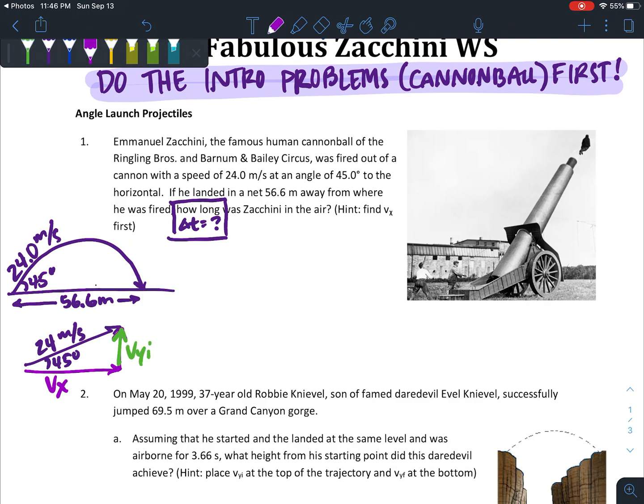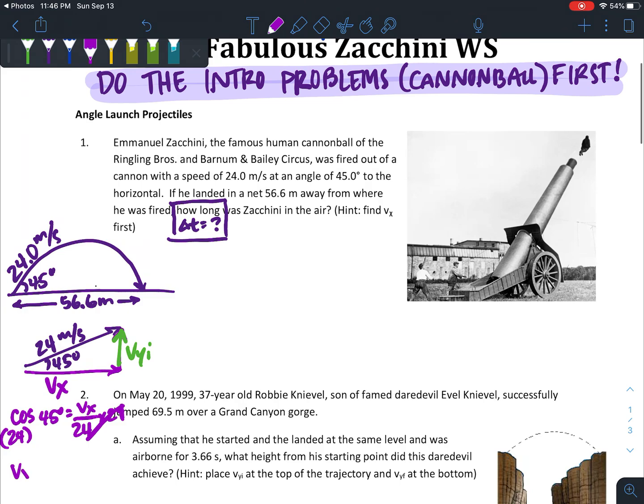Okay, we're going to use sine and cosine to do that. So for Vx, I'm going to choose cosine because that's my adjacent side. I have cosine 45 degrees equals unknown Vx over 24. I multiply 24 by both sides to get it off the bottom. And 24 times cosine 45 gives me a Vx of